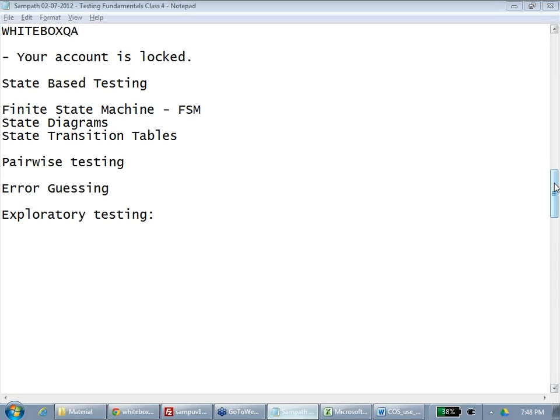We know what invalid is, but error guessing is a deviation from the normal scenario. Error guessing is looking for errors. Invalid is looking for invalid scenarios. If I don't give the right password, it should guide me, telling me that it's not matching. If I try to put something like an @ sign, that is trying to be smart. Got it? So error guessing is all about trying to catch an error.